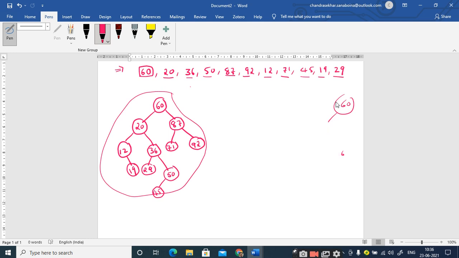Yes, sir. So let me redraw this diagram so that it will be clear to perform the remaining operations.